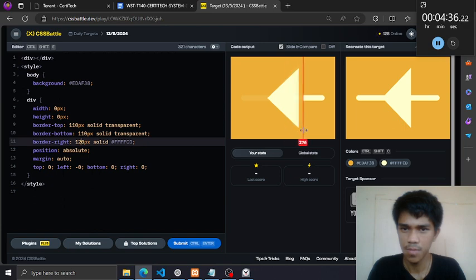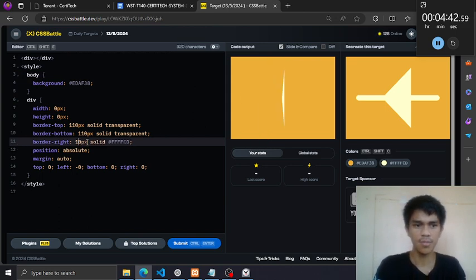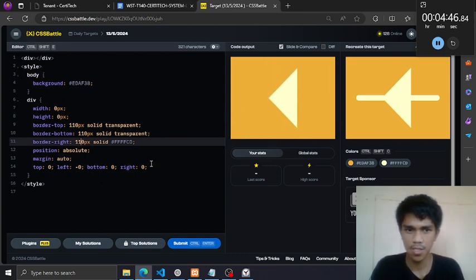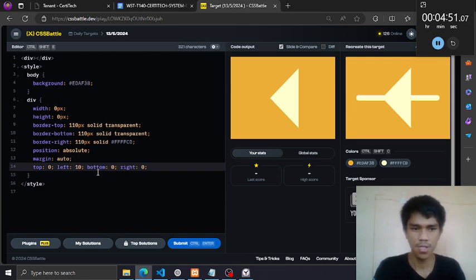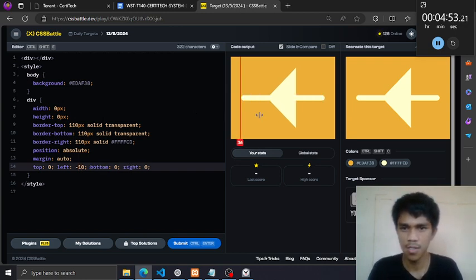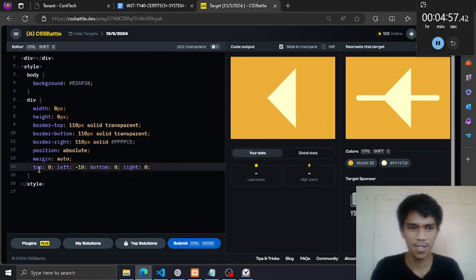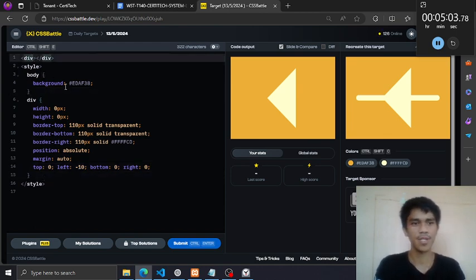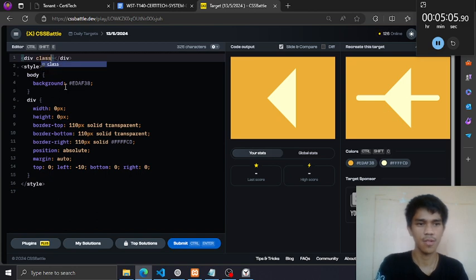Maybe this will do, but maybe that 110 is okay. Then let's just push this to the left, like what we did earlier. Okay, this is not perfect, but I can accept this, and of course rename this div to triangle.